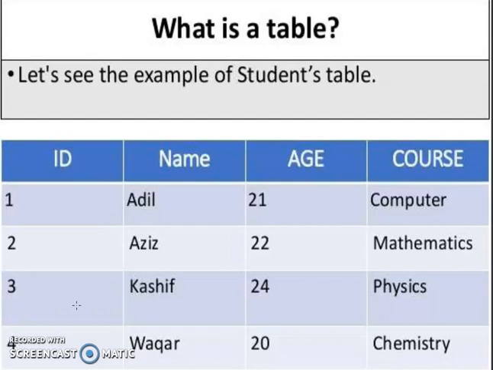Column name. Each column in the table is given a name. This name is used to refer to the value in the column. Here it is name, age, course and ID. And each table is also given a name. This is used to refer to the table. The name depicts the content of the table. This table is a students table. So this table contains the information about the students.